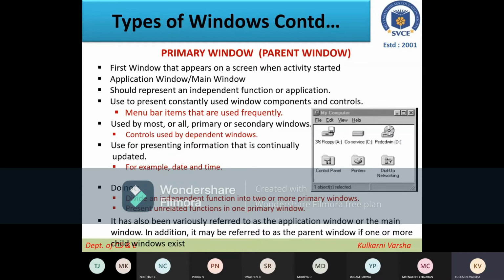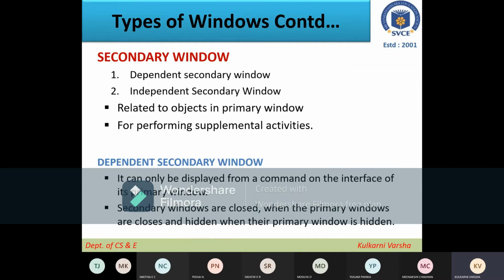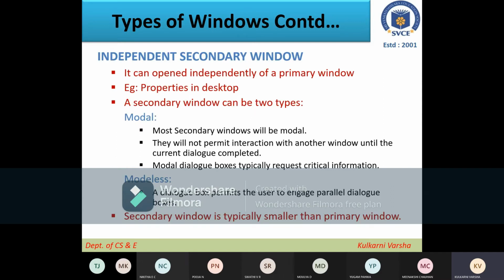Primary window, which is also called a parent window, and secondary window, in that we too have a dependent secondary window and independent secondary window. So dependent means which will be getting initiated from the primary window, right? There are independent windows which directly open as a window irrespective of the primary window, right?